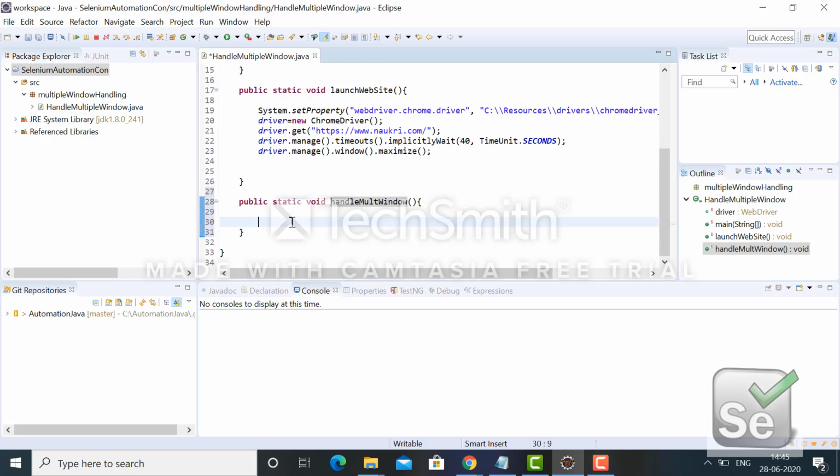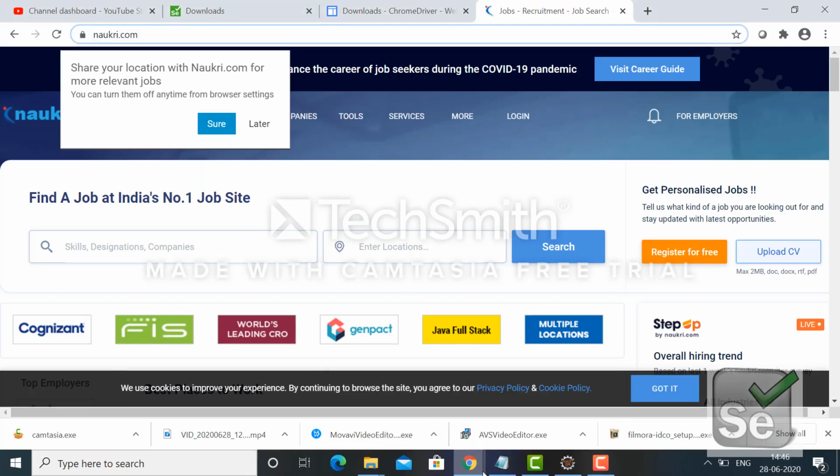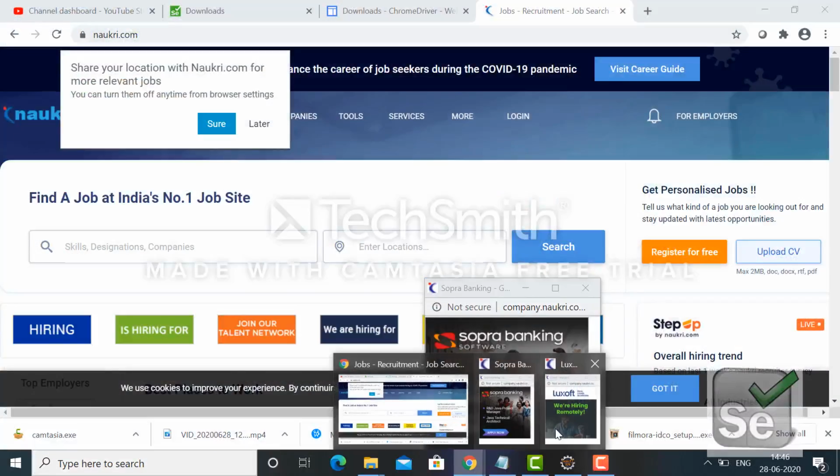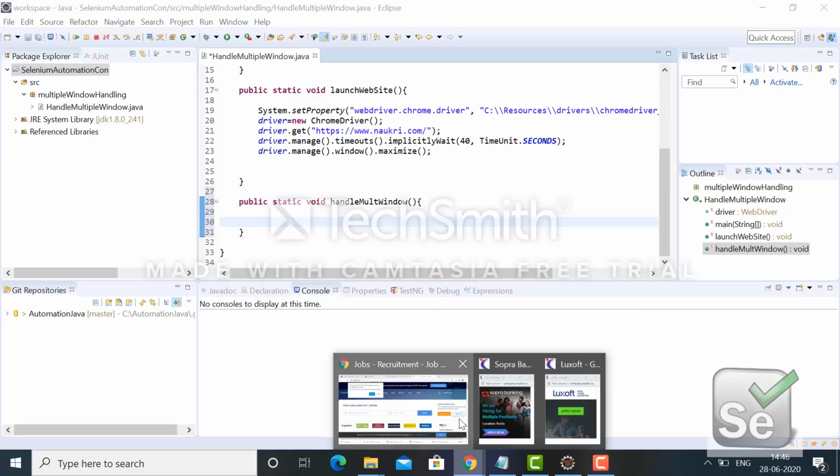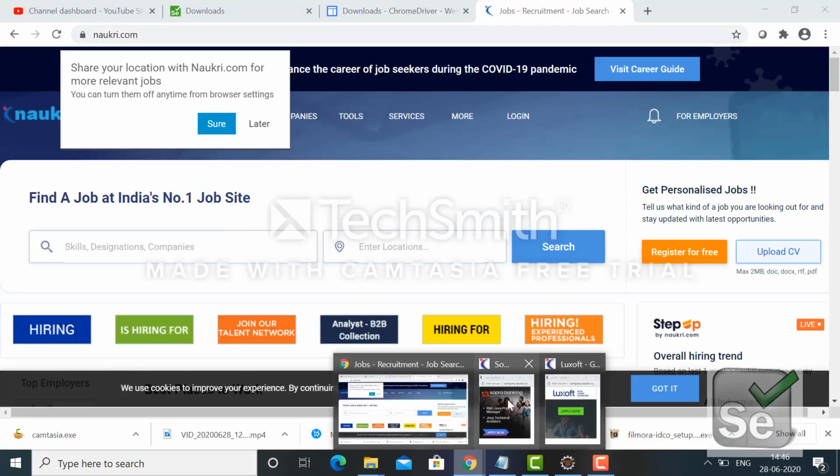So here how will I do that? Whenever multiple windows get opened, like here this window opened and this is also another window. In Selenium there is a mechanism called window handles. So we have to find the window handles. Now what is a window handle?